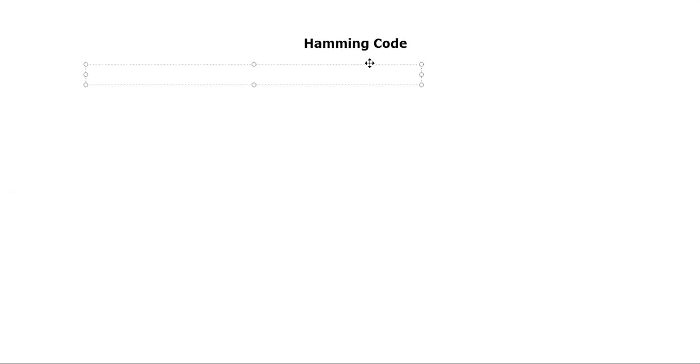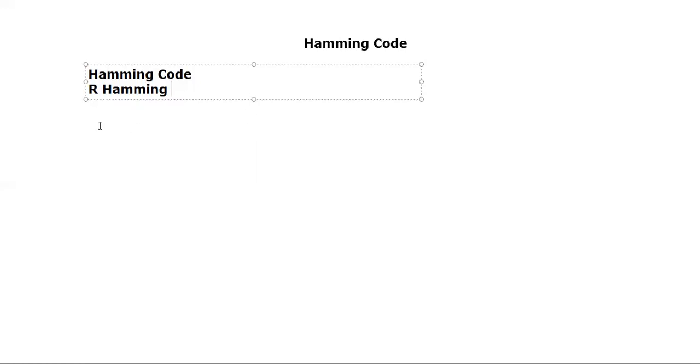So first, what is a Hamming code? A Hamming code is basically an error correction code, which is specially used in reliable transmission or reliable communication. The very important thing is that it was named after its inventor, Hamming. Hamming is the person who invented this Hamming code method. Now I shall show you how you can generate this Hamming code.